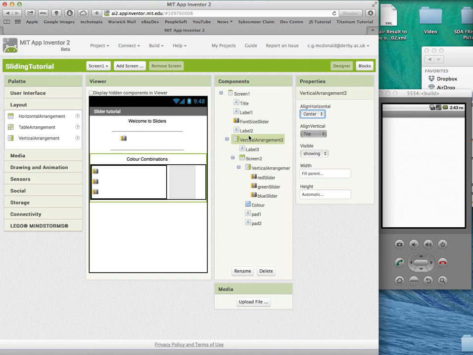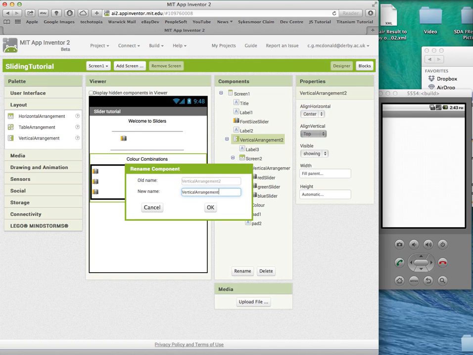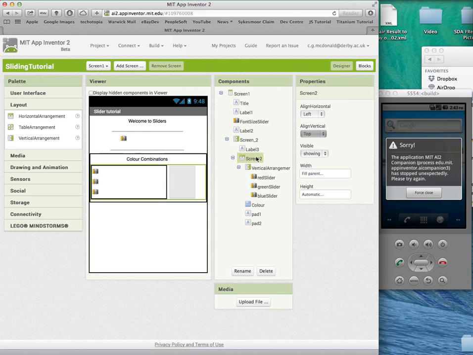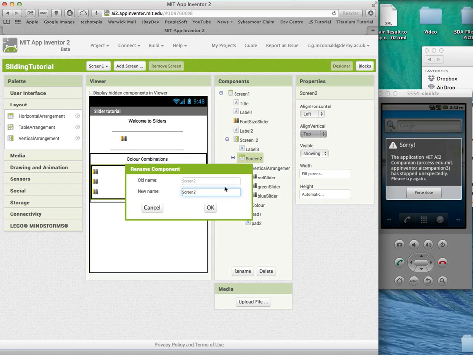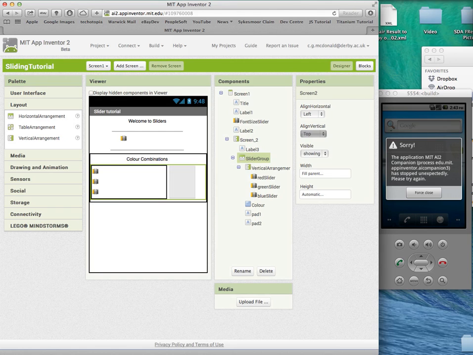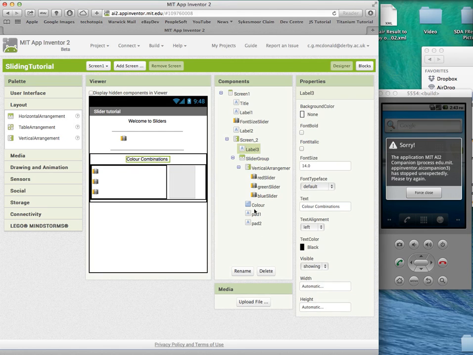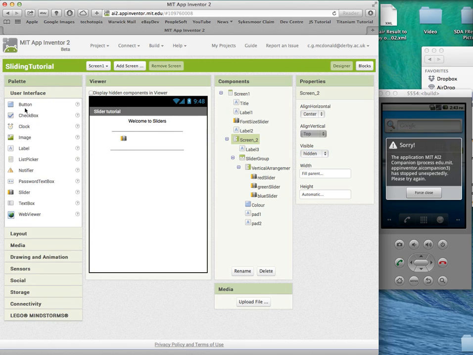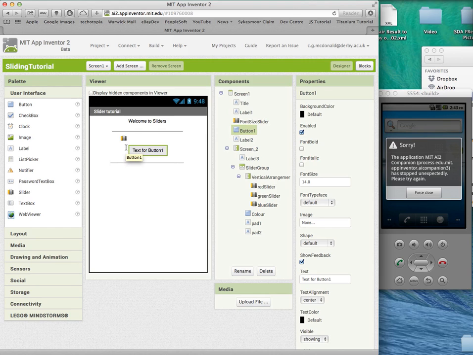Now I can rename screen 2, must have a different name, and slider group, so we know exactly what they are. Alright, so if we hide that and drop a button on here,